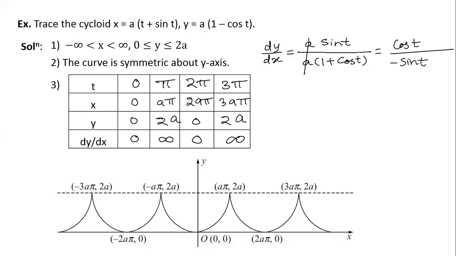The tangent at that point to the curve is parallel to the y-axis. Next point, x equal to 2a pi, y equal to 0, dy by dx is 0. That means the tangent to the curve passing through that point is parallel to the x-axis. This continues further to the right hand side and left hand side. The curve is symmetric about the y-axis, and you can use the property of mirror image and you will be getting something like this. Problem number 3.